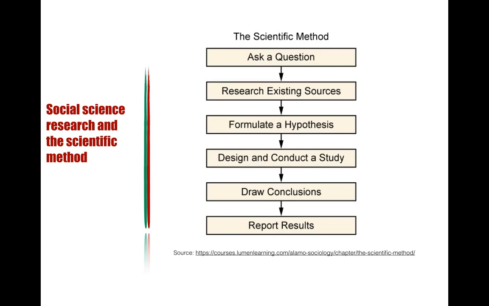So basically, pareho din yung pinagdadaanan ng natural science research at saka ng social science research. Siguro nagkakaiba lang doon sa subject matter. So natural science people, say biologists, chemists, would look into your natural environment, your physical environment. Pero dito sa social science, sabi mo kanina, we're talking about people, we're talking about human behavior, we're talking about human interaction. We're also talking about how humans interact with their environment. Right? So, and we follow here in social science, we follow the scientific method.